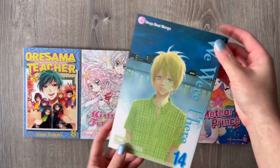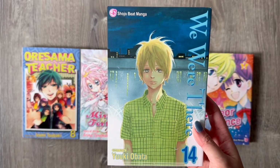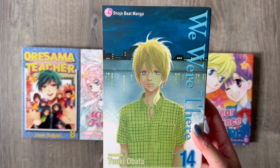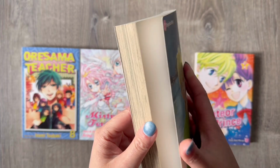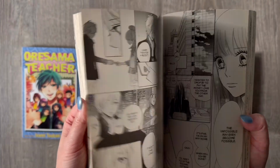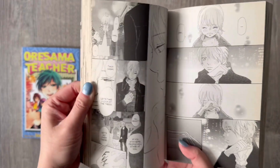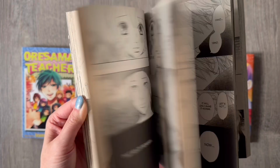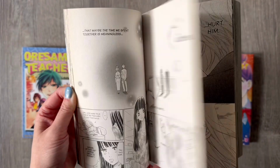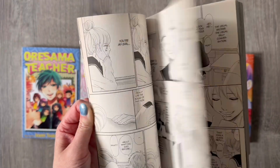So next volume we have here is We Were There, volume 14. So yeah, very happy to have this. I remember reading this story so long ago, and it had tons of drama between the main leads, miscommunication, angst, all that stuff. But for some reason, even though I was frustrated throughout the story, this series has a soft spot for me. I also watched the anime for it a while back,